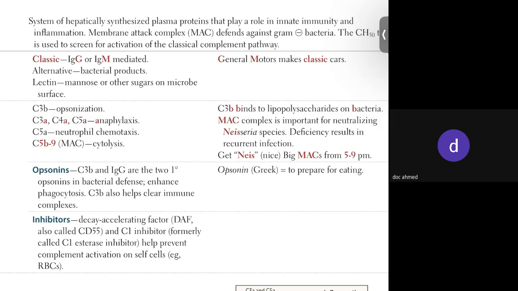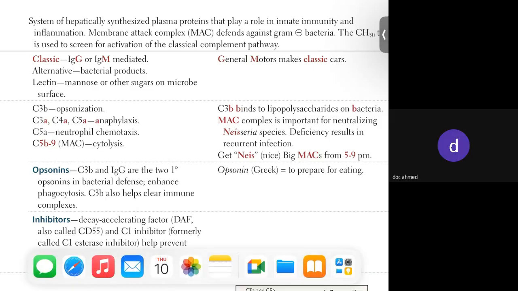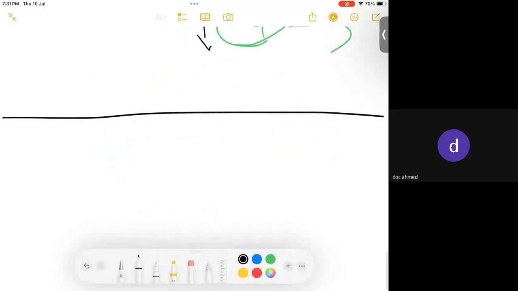Okay, that's pathology. Do you want me to discuss SLE now a little bit? Yes, sir, please. For that, you have to stay a little bit patient because I want to discuss the entire